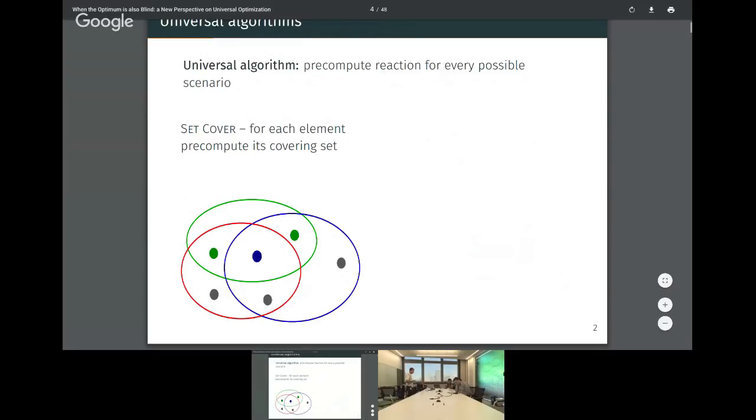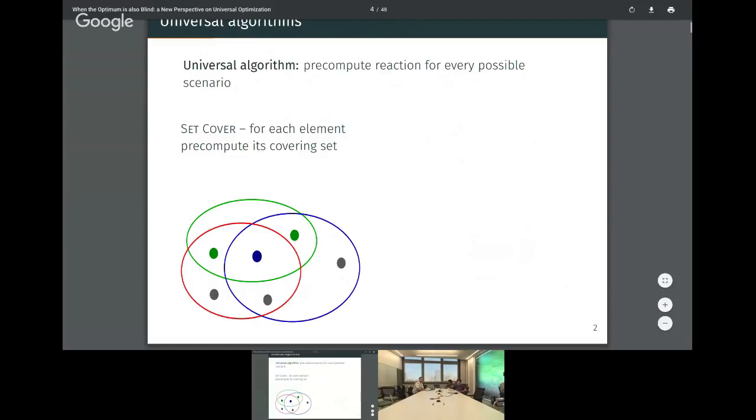So each scenario is a subset of elements that you have to cover. Yes. And the sets that you have to cover them with are fixed. In each scenario, it doesn't matter. So to make everything clear, let's go once again through this example. Now the elements that are not gray are a scenario that was revealed. So this is the subset of elements that we need to cover, and these three sets that we can use are fixed and known from the beginning. And so we have this assignment